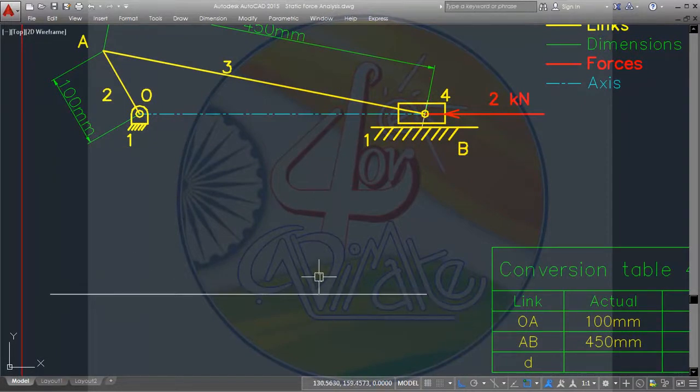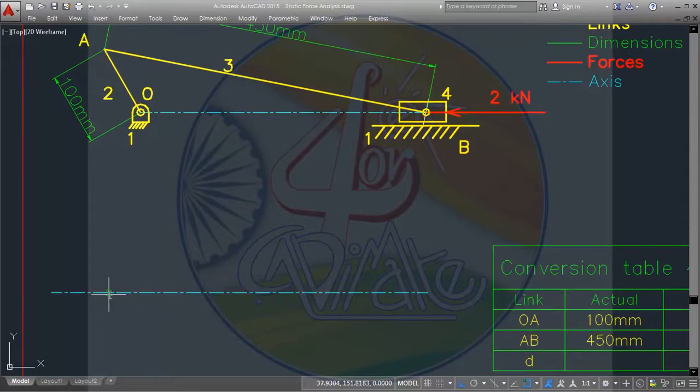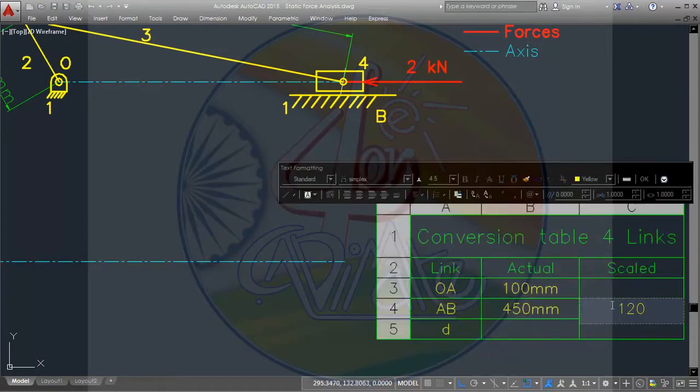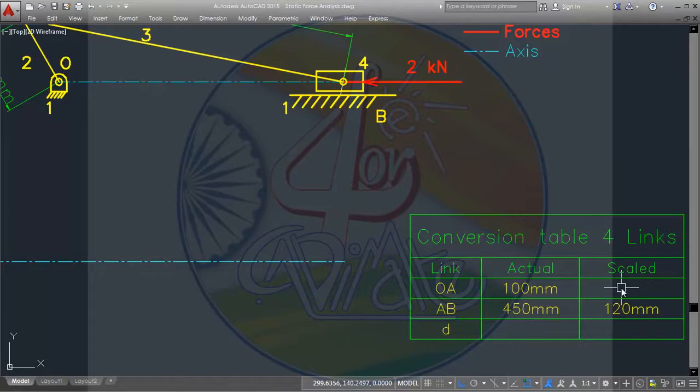Fine. So take this line. So this is the horizontal line. Now from here, I want this angle. This angle is given as 120 degrees. So length is 100. But I don't want to choose 100, because if I choose that as 100, I have to take this as 450. Fine. So what I'll do, I'll choose this as 120 mm. This much I can choose. 12 centimeter we can easily draw. So 450 I am choosing it as 120 mm.